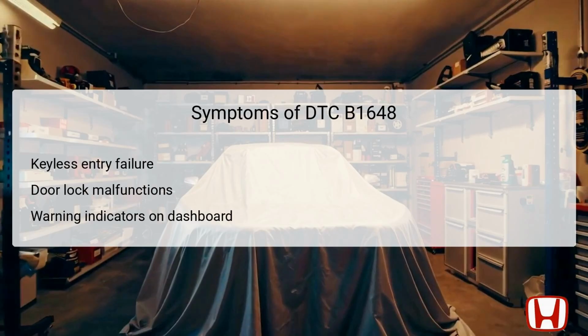Additionally, door lock mechanisms may exhibit malfunctioning behavior, potentially remaining locked or unlocked without user input. You may also notice warning indicators lit up on the vehicle's dashboard, specifically related to doors or security systems. These observable issues serve as significant red flags, prompting further inspection and testing of the relevant components to rectify the